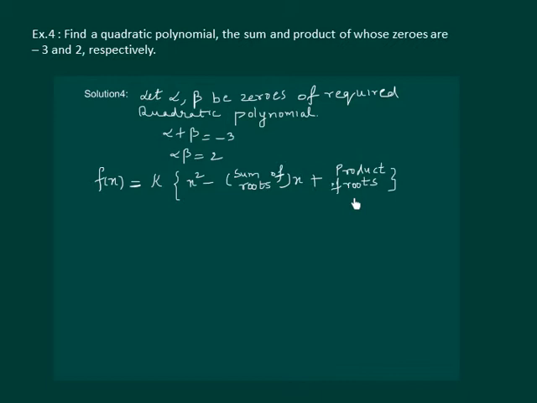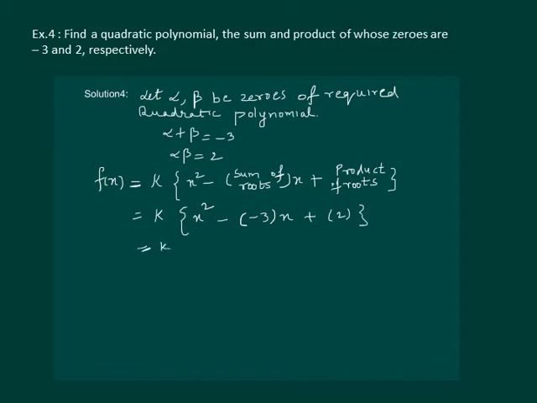We would like to elaborate that here k is a constant, because there can be many such quadratic equations which can have sum of the roots minus 3 and product of the roots 2. And for different values of k, we can get different equations. So we have one such equation as x square minus 3 times x plus 2,